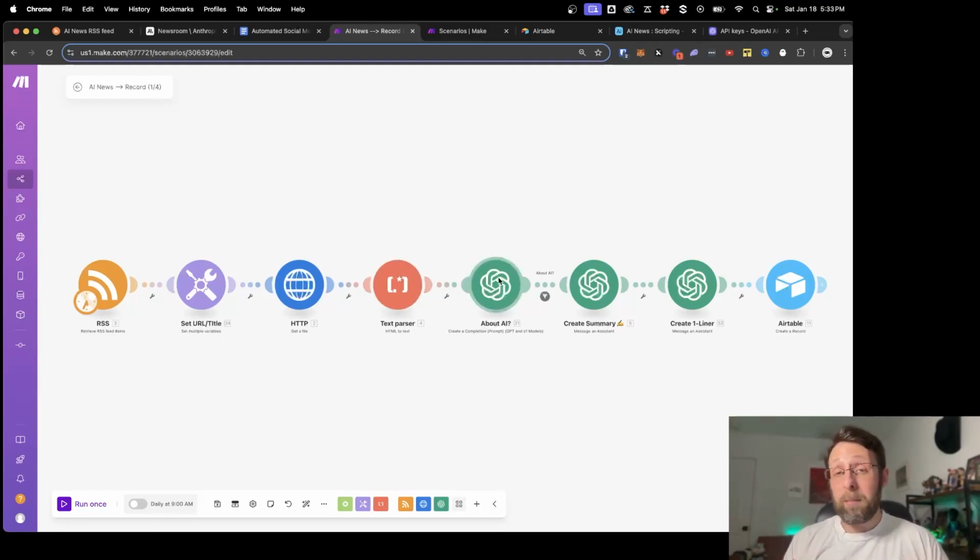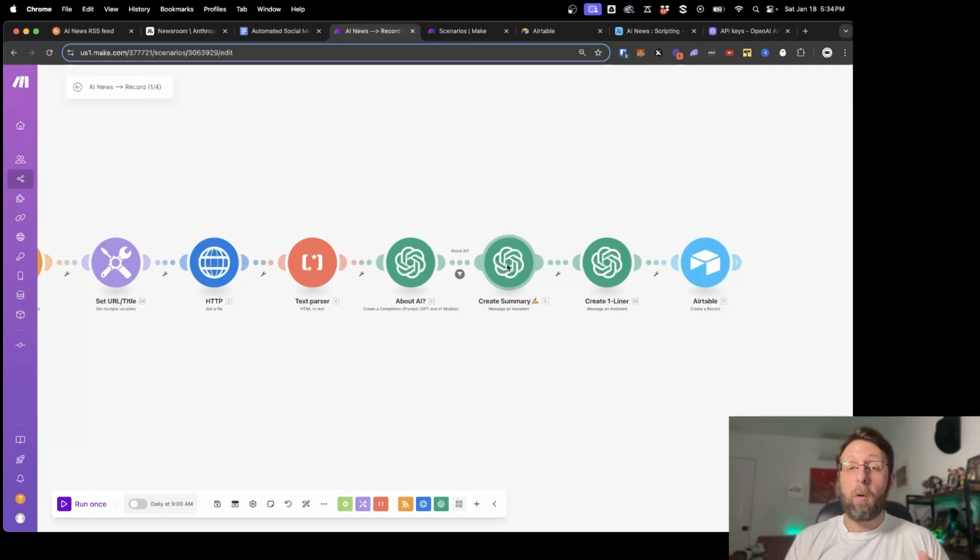We're going to use ChatGPT basically as a research assistant to analyze that article to figure out if it really is truly relevant to our niche. In my case, I'm figuring out, is this relevant? Is this article about AI? If the answer is yes, it passes it on through the rest of the flow where we create a summary